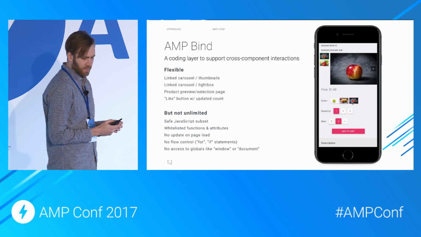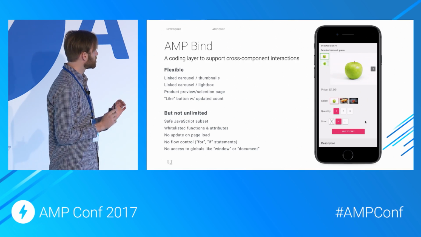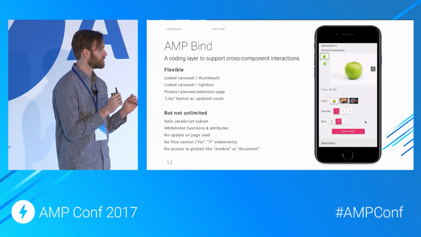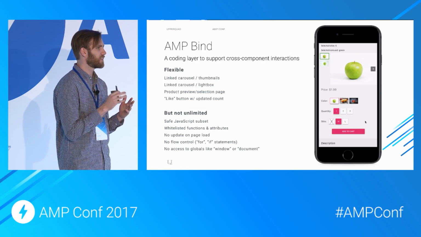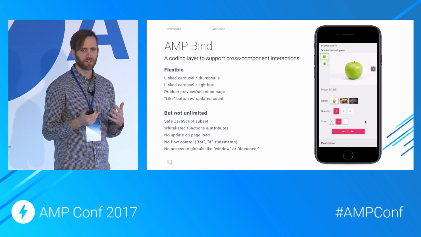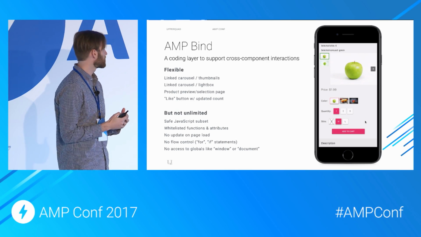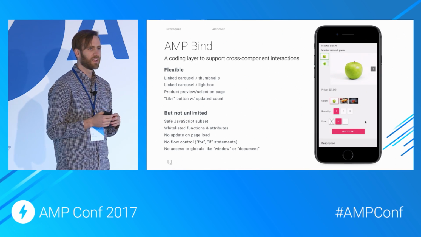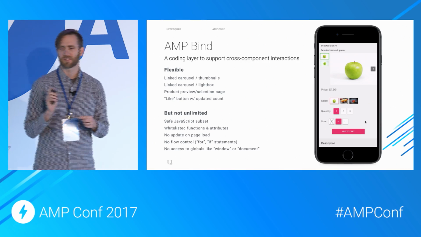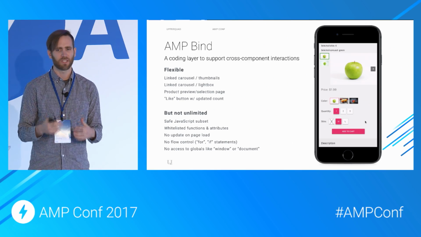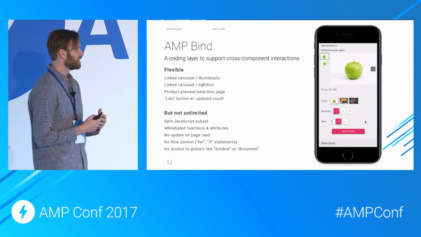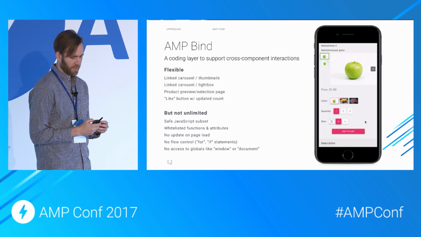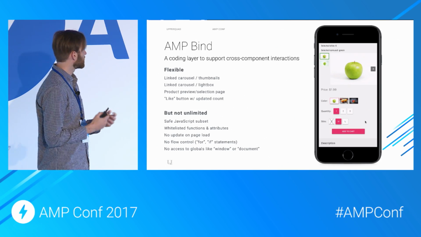But in short, it essentially gives AMP a notion of different document states that correlate to attributes, classes, and content for different elements on the page. Content for text, for instance. And then it also adds a layer for triggers with user interaction. Triggers might be a user tapping on a button or advancing the carousel, something user-initiated that we can then determine, and the developer can determine this constitutes an intent to change the state. So when the user does that, the state gets updated.